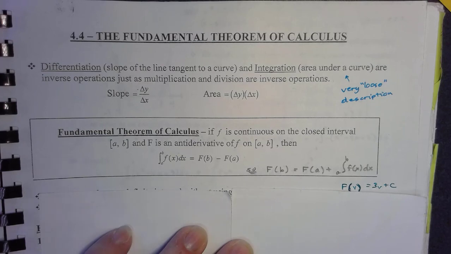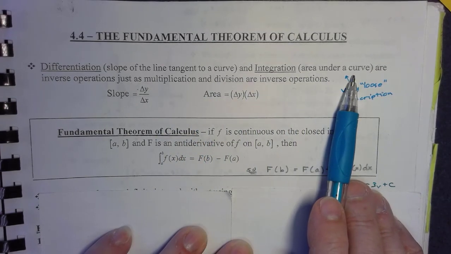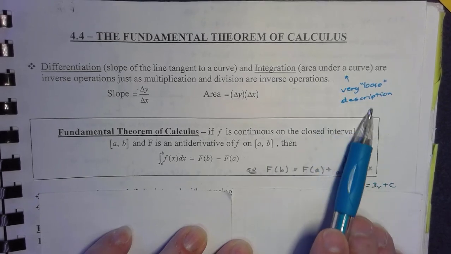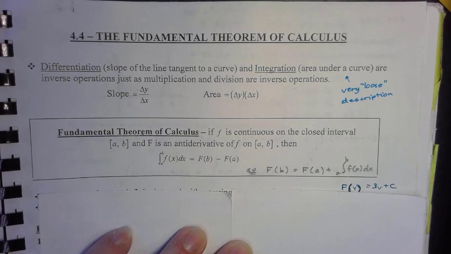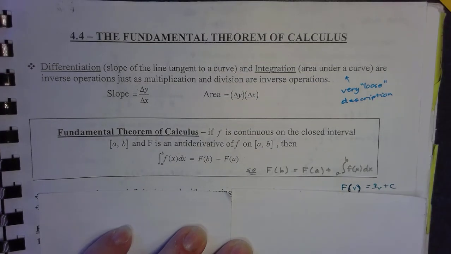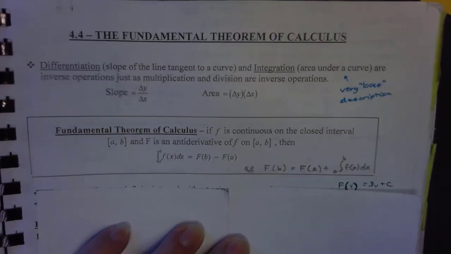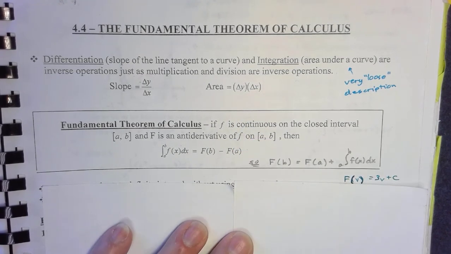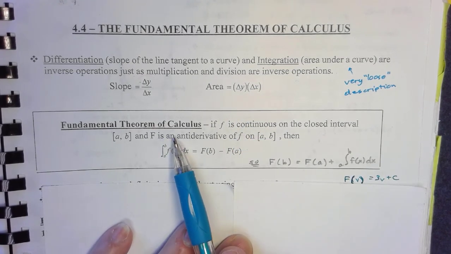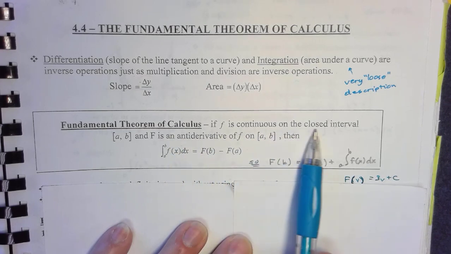So differentiation, the slope of the tangent line to a curve, and integration, area under a curve, that's a very loose description there, are inverse operations just as multiplication and division are inverse operations. Now we know that slope is delta y over delta x, and we know that area is delta y times delta x. So what the fundamental theorem of calculus says, if f is a continuous function on the closed interval a to b,